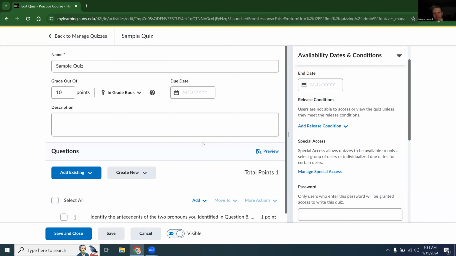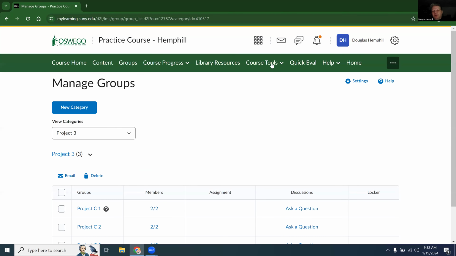Now the other option that I was talking about is making what we'd call group discussions or group assignments. So I want certain students to be working together and I don't want them to see the other students' work. And so you would go ahead and create a group as normal. I have a couple groups around. Let me find one that's okay, just trying to find a good group to use for this. Okay, so we'll use the project 3 group. So what I do is go to, for example, discussions,